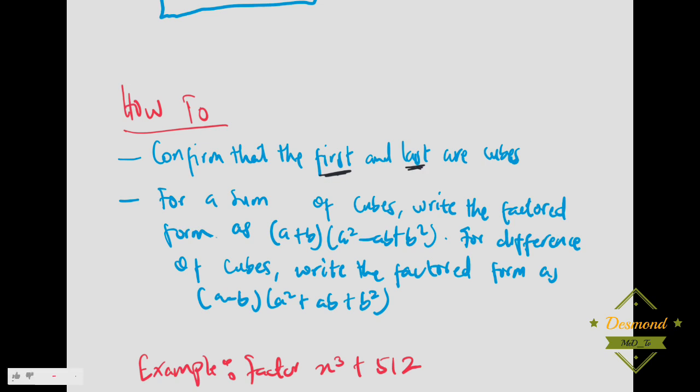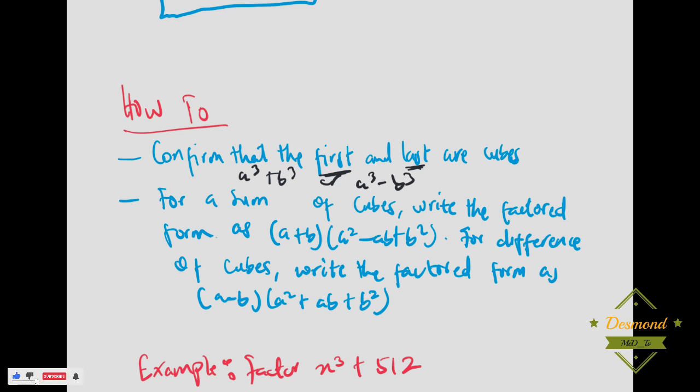When you get cube expressions, the first thing that you need to do is to confirm that the first and the last terms are cubes, which is a cubed plus b cubed or a cubed minus b cubed. This is what you need to confirm. Now, the second thing that you need to do after confirming is,